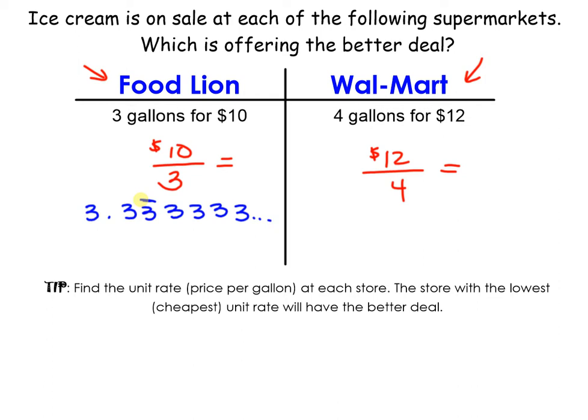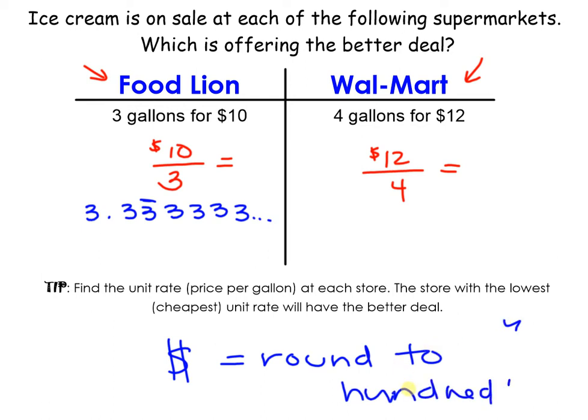And you don't go up to the cash register and say, here's $3.33333333. So with money, we're always going to round to the hundredths place. Okay, round to the hundredths place. So our hundredths place is right here. We'll put our bar. We have a 3 after it, which means we're going to stay the same. So the cost at Food Lion for 1 gallon is